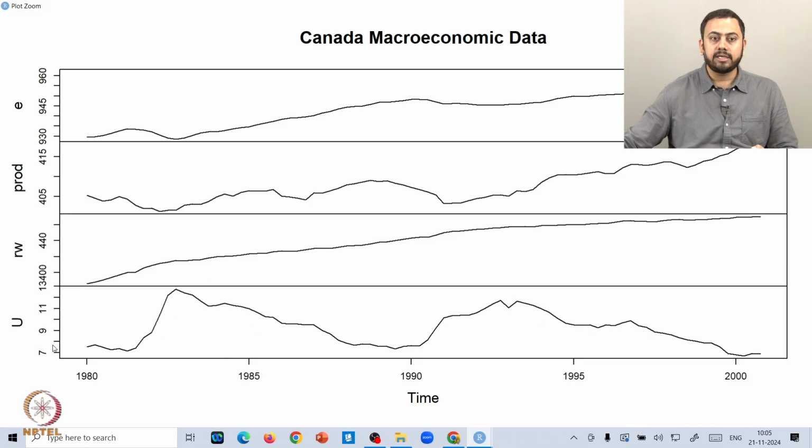Can you see that? Let's say unemployment is not that high initially, but it probably picks up in some of the in-between years, let's say around 1983 or 84. But then by the time 1990 arrives, the unemployment again comes back to the same levels and again picks up. So you can see some sort of seasonality or periodicity in the